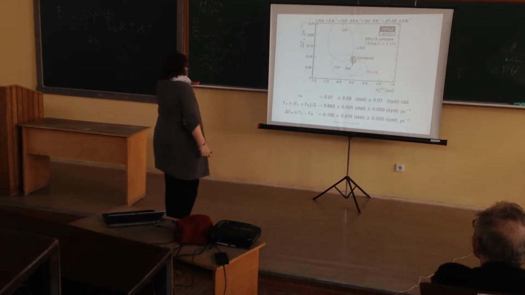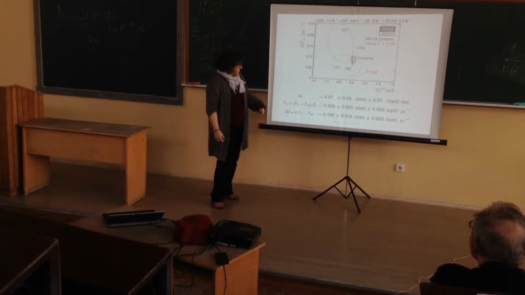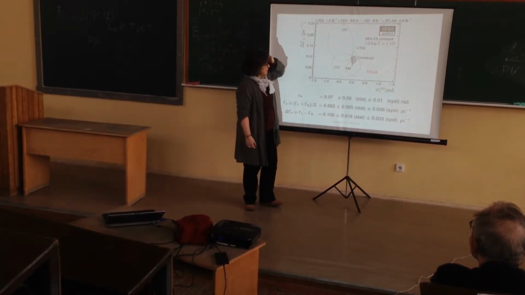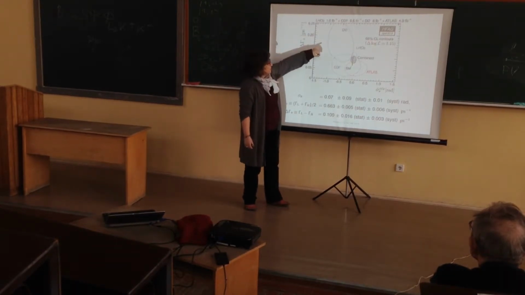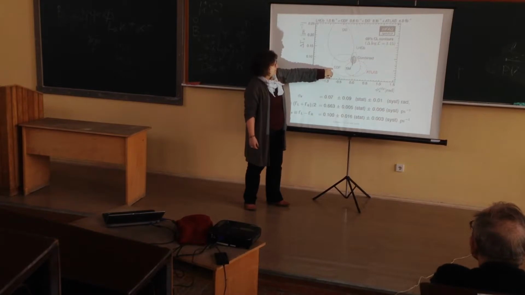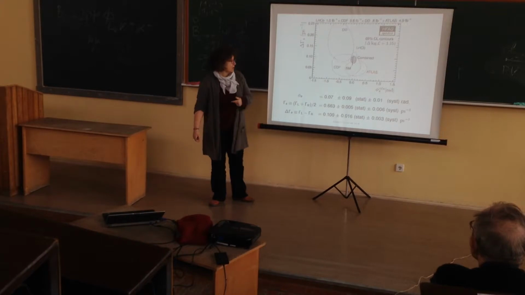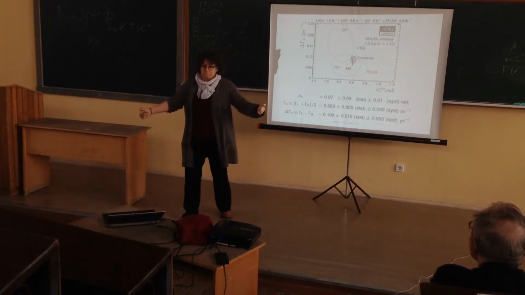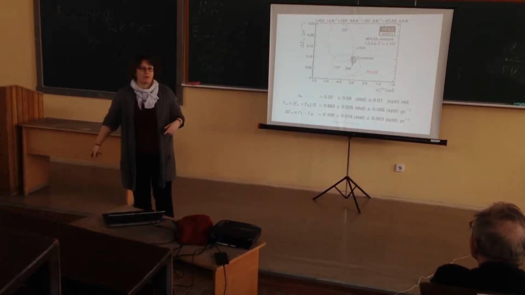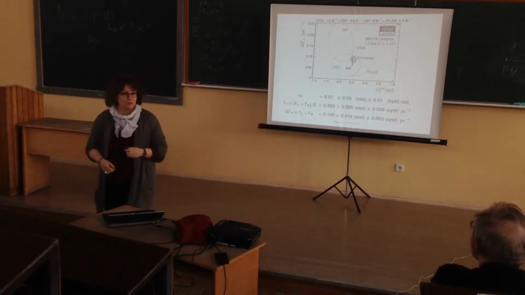So this is the comparison of LHCb experiments. This is the comparison of LHCb in green and previous experiments, D0 and CDF at the Tevatron and ATLAS at the LHC. And you see that everybody agrees. You see that LHCb is more precise, and you see that we agree with the standard model. And you see that you survived, more or less, one of the most complicated analyses of LHCb. So you can be proud of yourself.